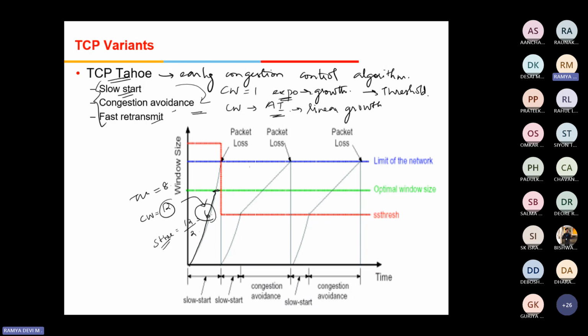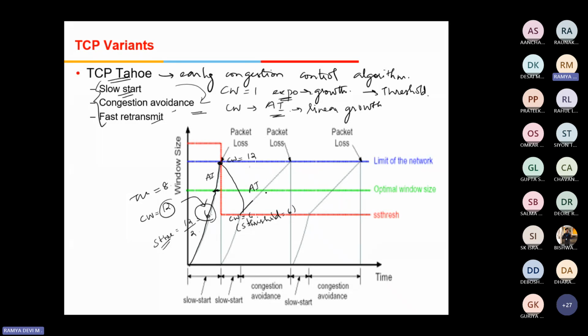Okay, so this is my threshold. Additive increase is happening. Three duplicate acknowledgements are received. So half of the size will be set. If I'm taking the current window size as 12, now the window size becomes 6, and the threshold value also becomes 6. Then it will again enter into additive increase. It slowly starts to build up the